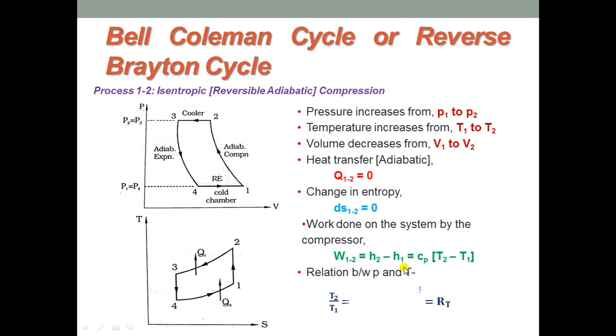So, we can also write some relations for pressure as well as temperature. Here the relation is T2 over T1 is equal to P2 over P1 whole to the power of gamma minus 1 over gamma. Here T2 over T1, that is, final temperature over initial temperature, or maximum temperature over minimum temperature, can be written as the temperature ratio RT, and the ratio of maximum to minimum pressure in the cycle can be written as the pressure ratio, where RP is the pressure ratio and RT is the temperature ratio.